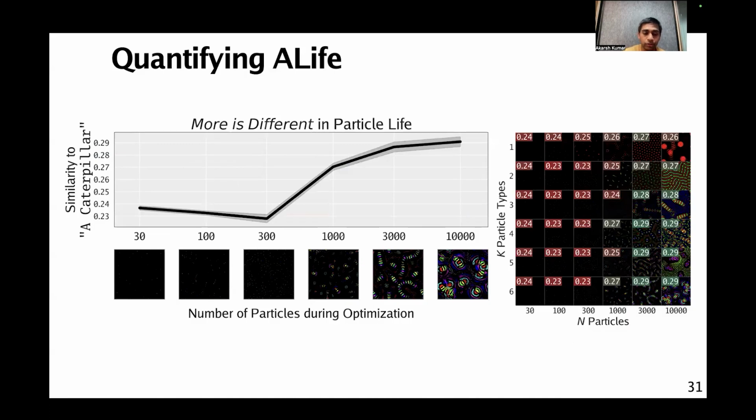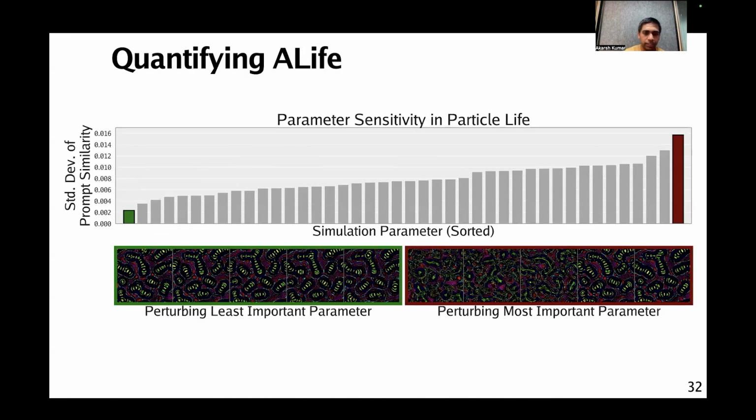You can also add more particles to your simulation and see when a caterpillar begins to start emerging. And in this way, you can use CLIP to basically quantify the More Is Different insight from the seminal physics paper. You can also use it to basically just sweep the parameters